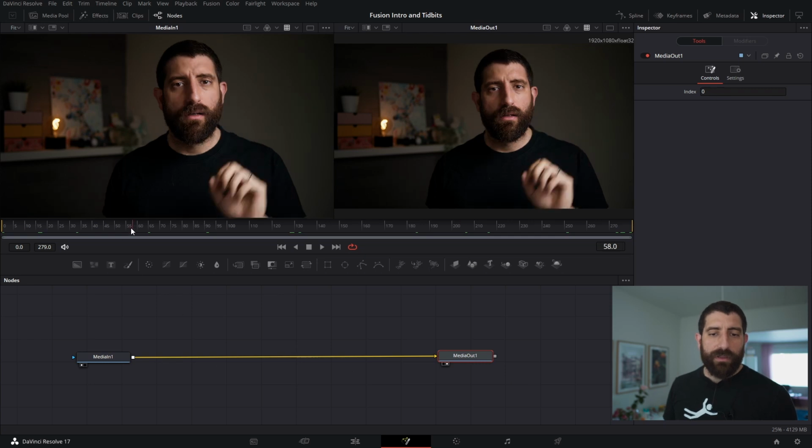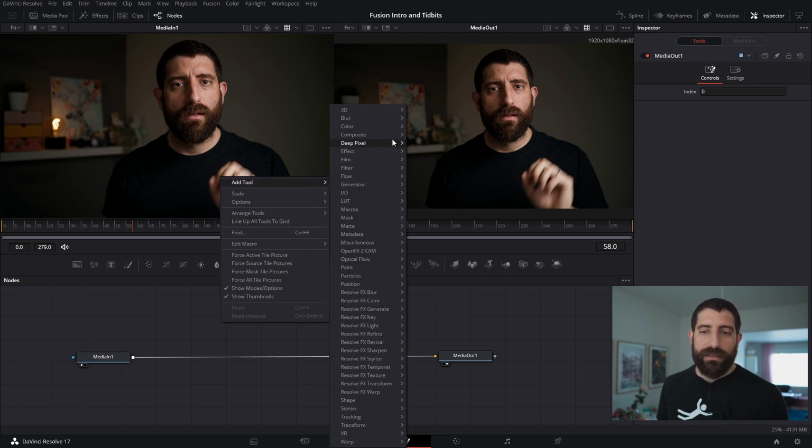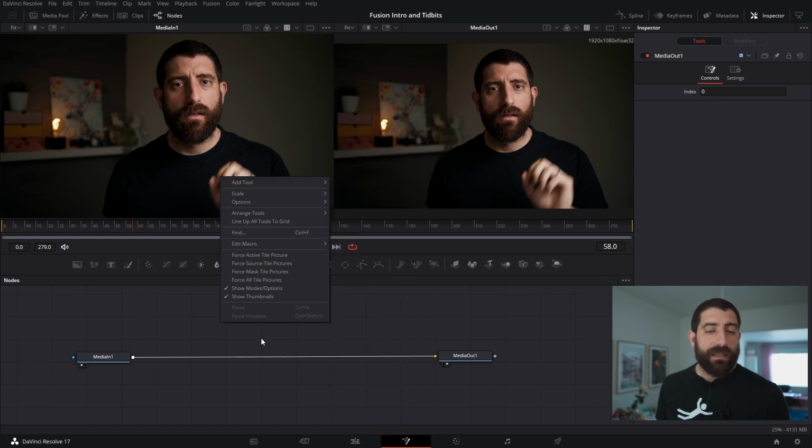Because we will want to blur this image, let me add a blur node, so I can also show you how to add nodes. There are a couple of ways to do it. One of them is by right-clicking in here, clicking Add Tool, and then you go and find your tool. In our case, it is this blur. The other method, which I